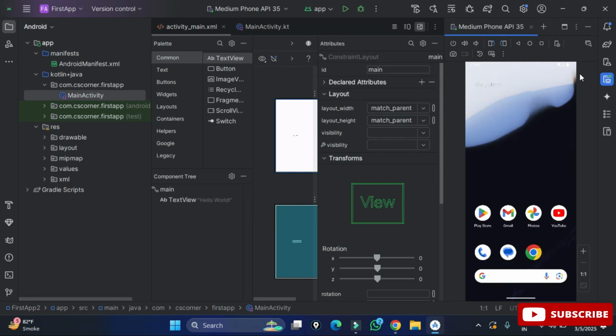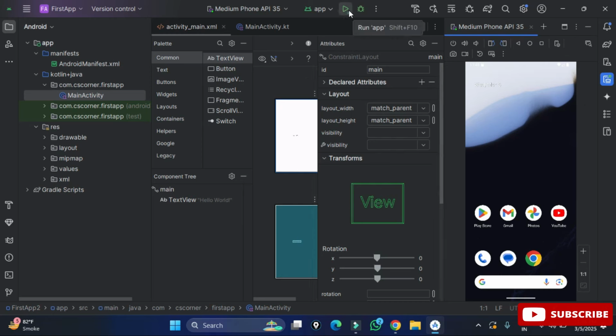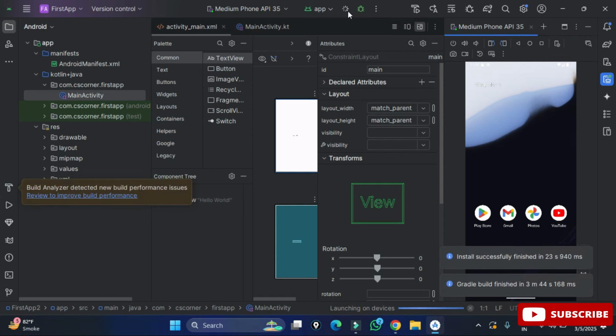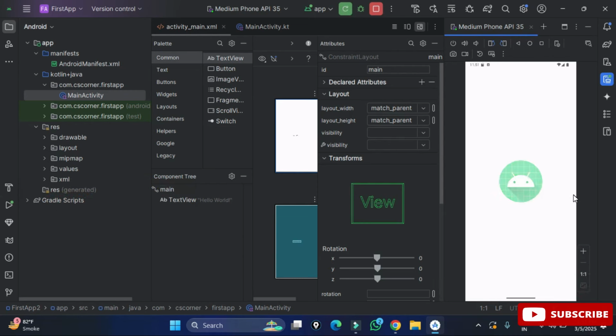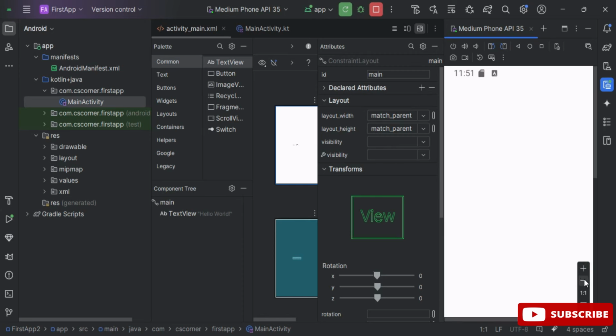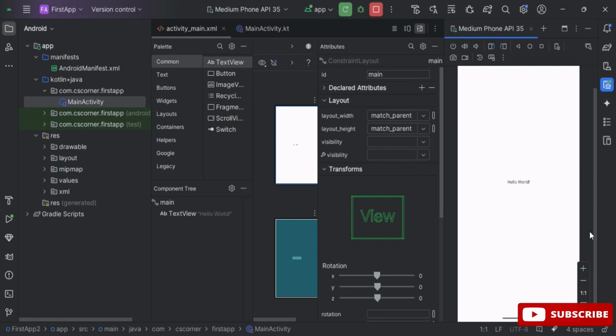You can connect your real phone also and run your application. If you want to know how to connect a real phone and run an application, you can watch my video. I have given the link in the description box, or you can click on the i button also. Here I am clicking on the play button, and you can see my APK has been installed. It's showing me this message, which means your APK has been installed on this Android virtual device, and I'm getting my output. Hello World was there, and that output I'm getting on this Android virtual device. This way you can create any type of application using Android Studio, and run it on this AVD or on an actual phone.